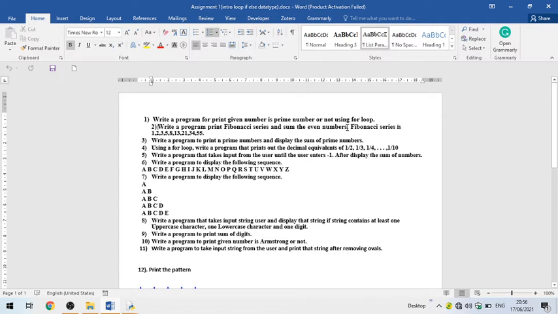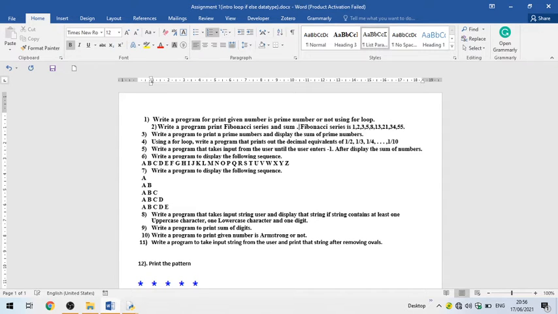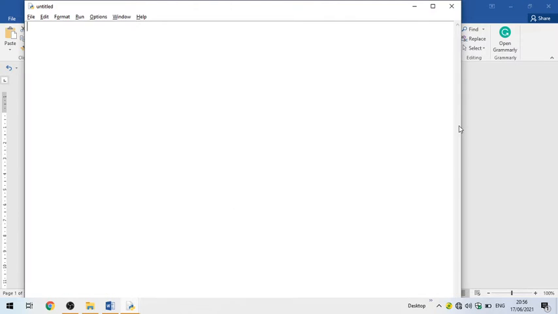Control S. Okay, paste, and this is the Fibonacci series.